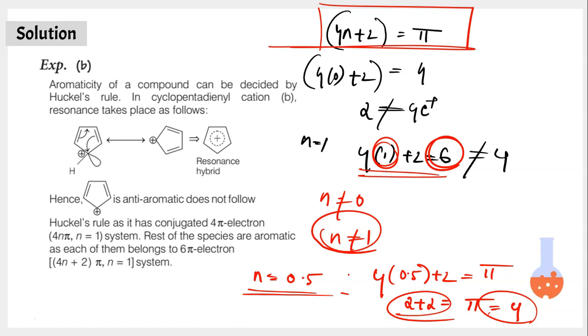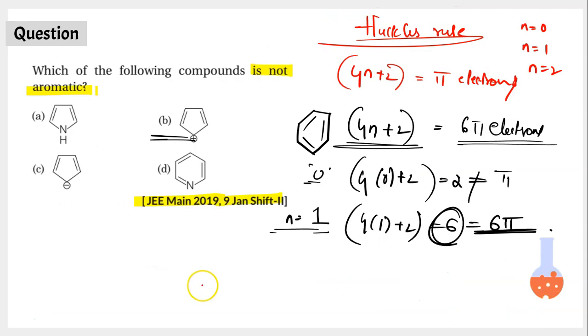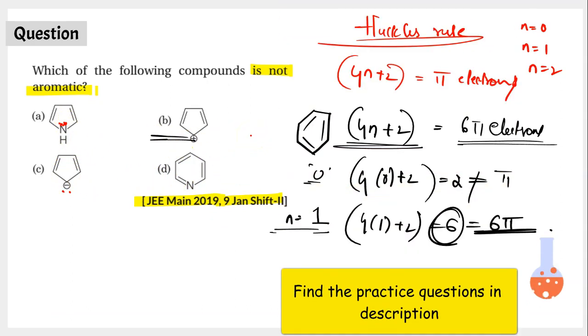aromatic molecule. And for the rest of the molecules, the problem is satisfied, because over here, because you have a lone pair of electrons with nitrogen, the total pi electrons is equal to 6. Similarly, because you have a negative charge over here, the total pi electrons is equal to 6. And over here, because you do have 3 pi bonds, the total pi electrons is equal to 6. In all of A, C and D, the molecules are aromatic. But only in the case of B, it is not aromatic.